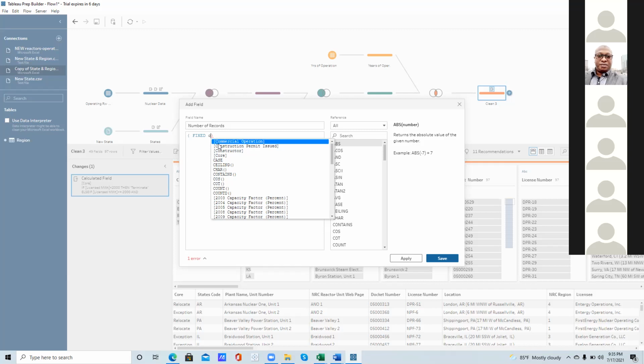But for me, I just like to fix it here. I want to count my number of plants, so I'm going to say fix plants, just type plant here, and I'll tell you what this means. This is what I was talking about yesterday, that we need to spend time on LOD calculations. I will spend one weekend on it.